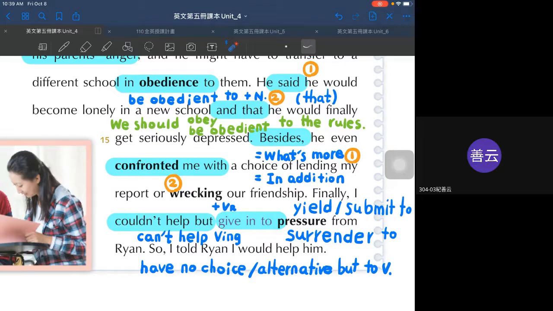So, if you were the writer, which choice would you make? Would you lend your report, or would you like to destroy your friendship? Maybe you can do a quick vote. If you will lend your report, please raise your hand. I'll see if someone is raising a hand. No one. And if you will choose to destroy your friendship,